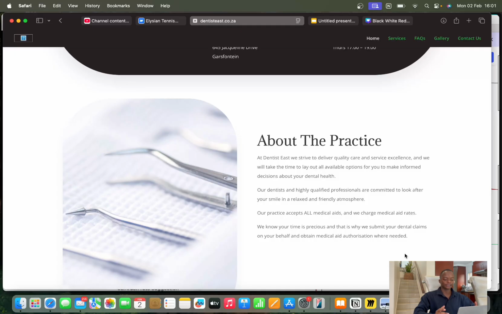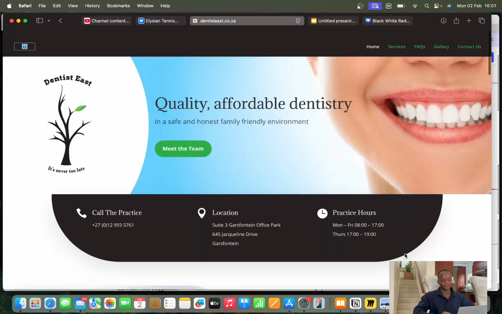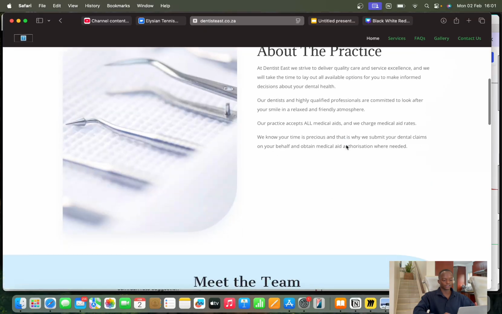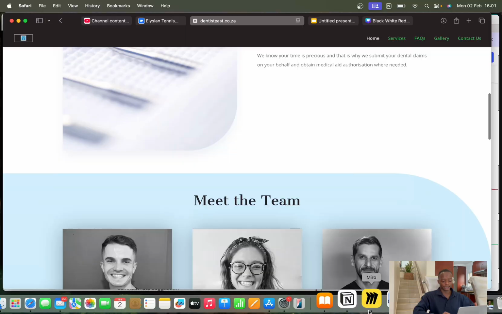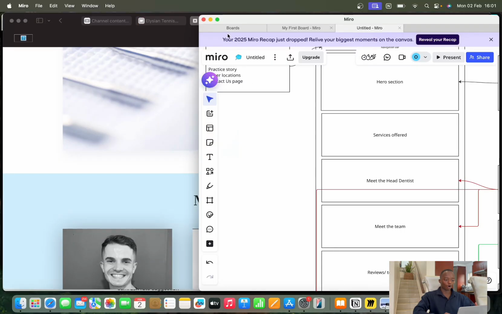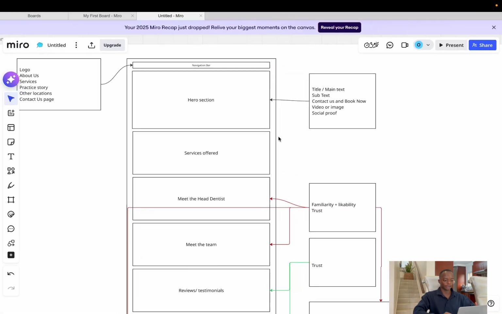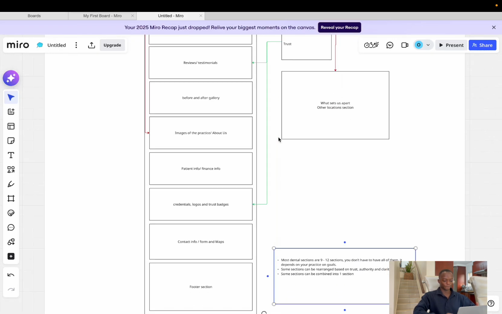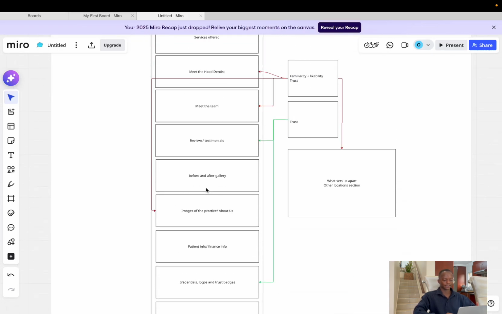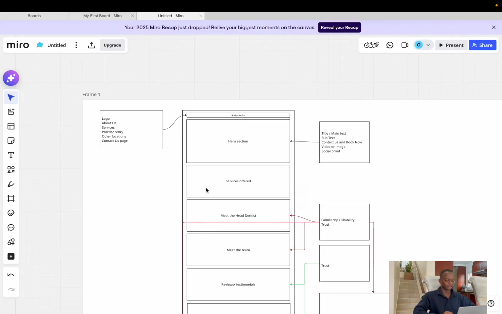A typical dentist has around 9 to 12 sections, and this one has, I think, 3. The hero section, the about us section, and meet the team. So it's an incomplete website. Then what a more complete website will look like would be something like this, right? This has about 12 sections,